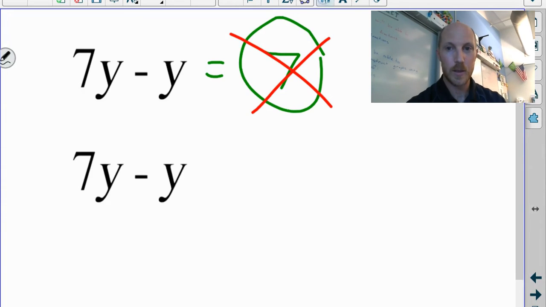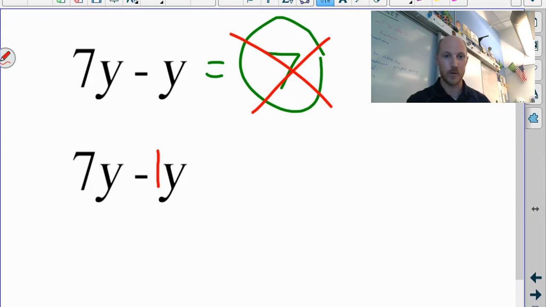I took away 1 of them. So really this means 7y minus 1 of those y's. You could imagine the y's represent pens or chairs or pieces of candy, whatever you want. I had 7 of them. I took 1 of them away. So now I have 6